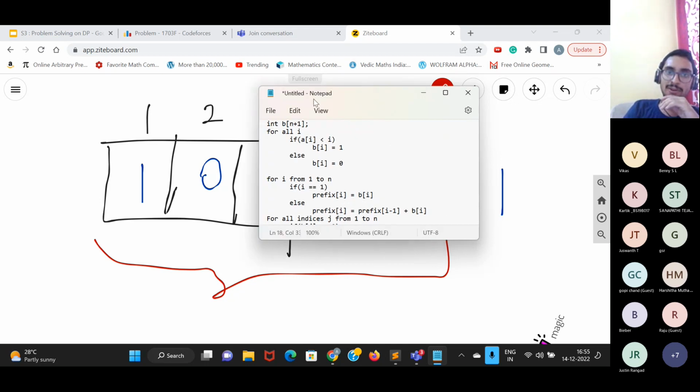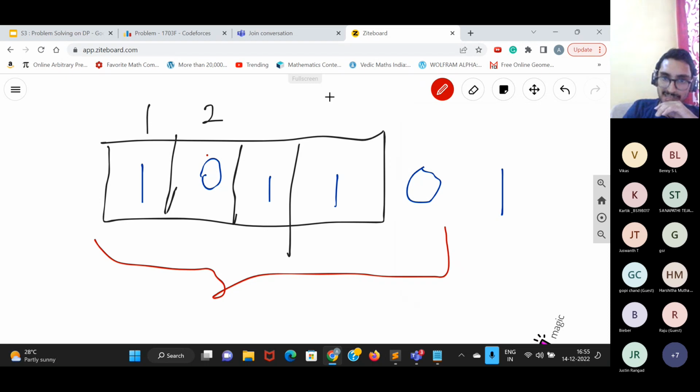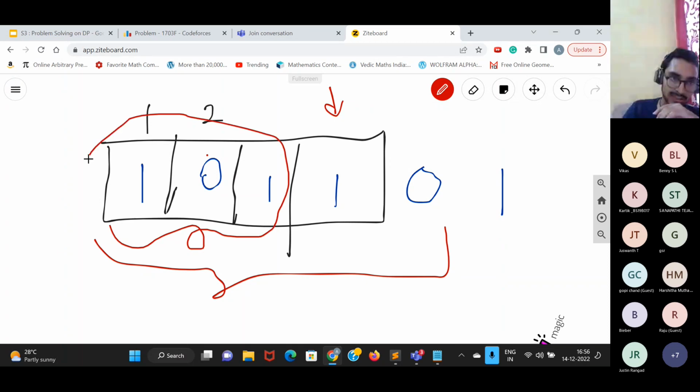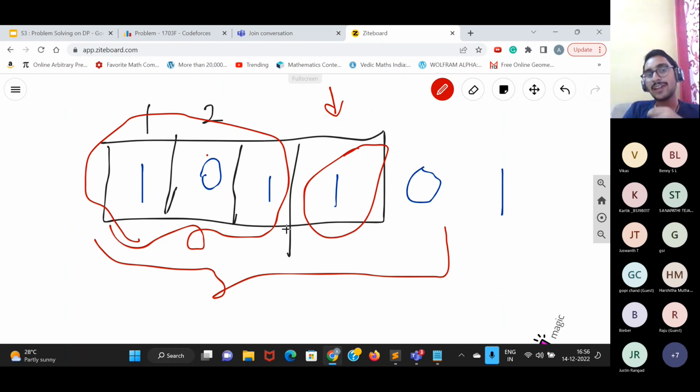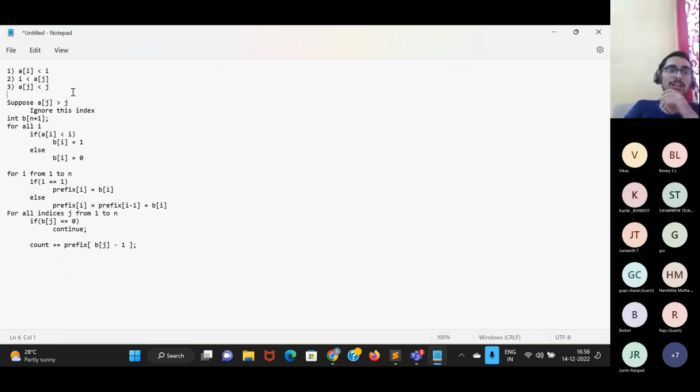This is how you would calculate the prefix array. Basically, the prefix array of this index is the prefix array of the previous index, that is from here to here, plus this number. So the prefix array is basically telling the prefix sum of I, that is the sum of numbers from 1 to I. Okay, so to summarize everything again, what we really needed is that we had to check all these 3